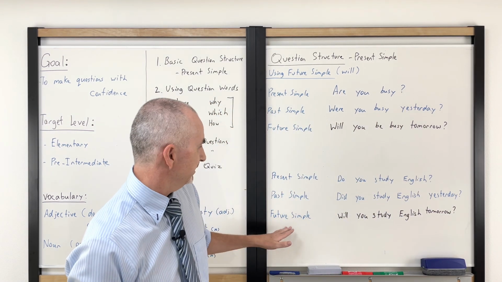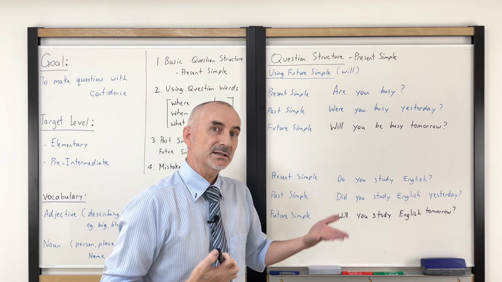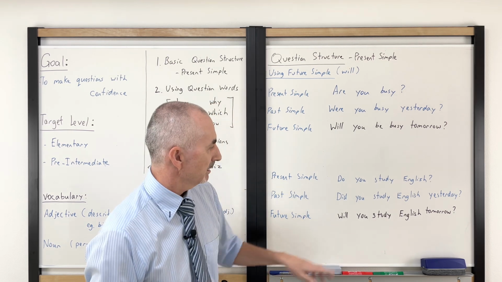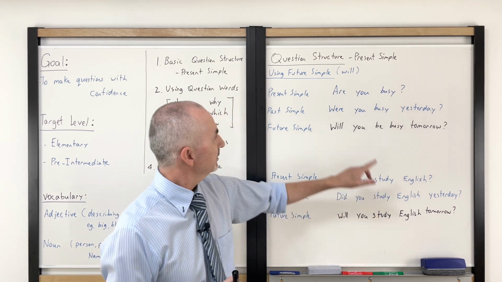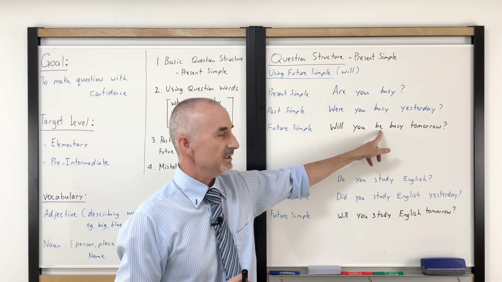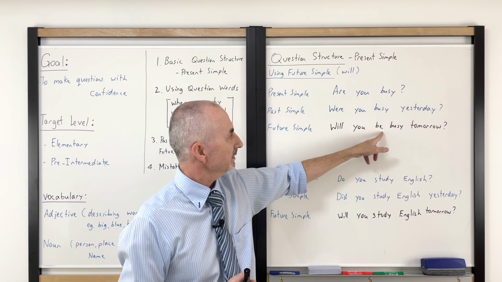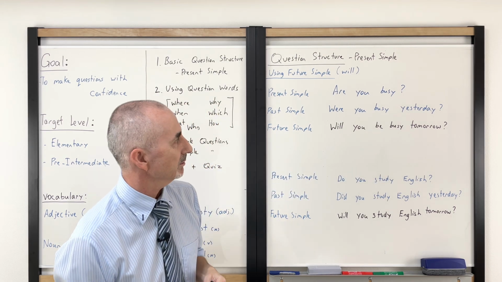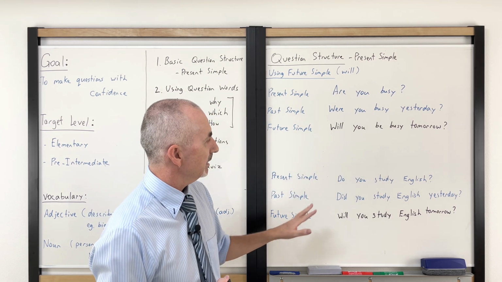So the future simple is, Chris, will you study English tomorrow? We have our main verb. So with the be verb, we have to add be into the question. Will you be busy tomorrow? Let's have a look at a few more